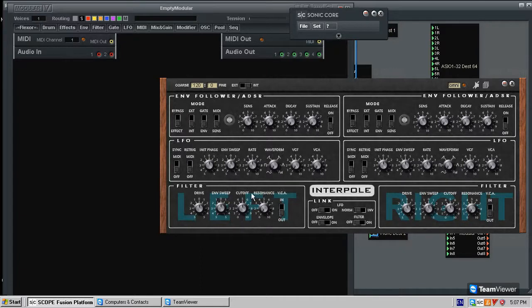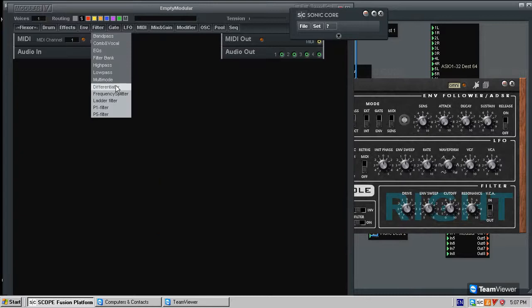So cutoff and resonance on the filter. And we're looking just at the filter section, and we're noticing it has an envelope sweep and a drive section and some stuff going on with the VCA. But first of all, we're going to pull out a filter, and we're already improving the Interpole design, because